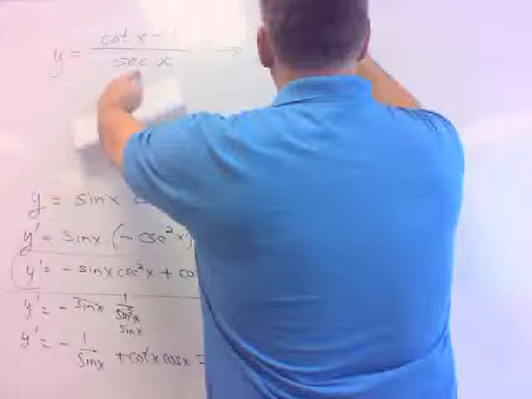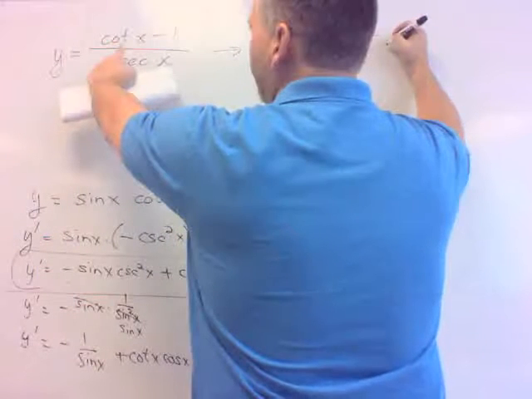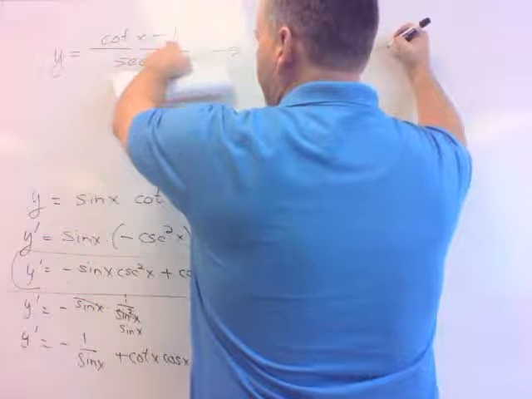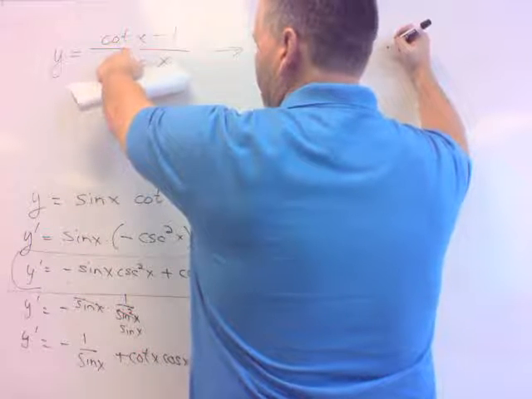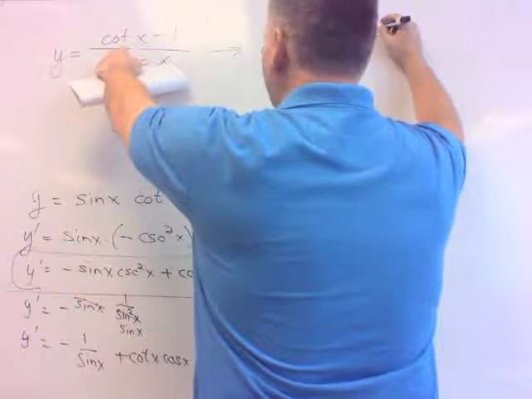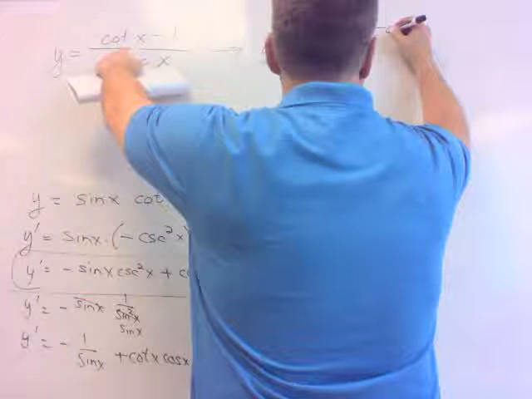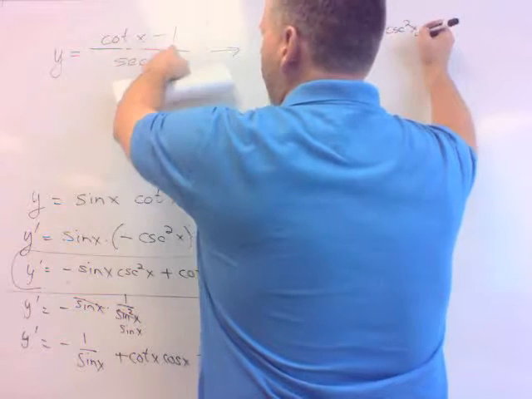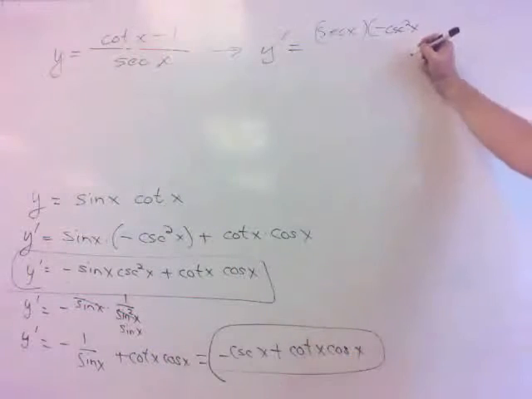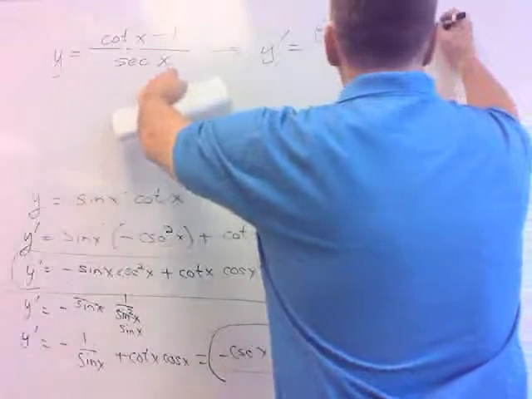So I take the low, secant x, times the derivative of the high. Well, I've got cotangent minus 1, derivative of cotangent, what is that? It's a minus because it's a cotangent. We just did that one, didn't we? Cosecant squared. And then minus 1, what's the derivative of minus 1? 0. So it's just minus cosecant squared. Minus then